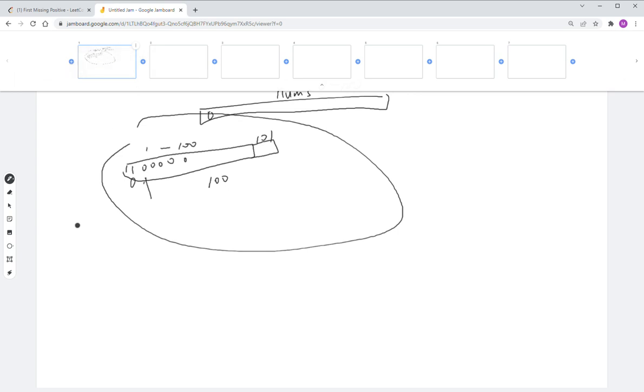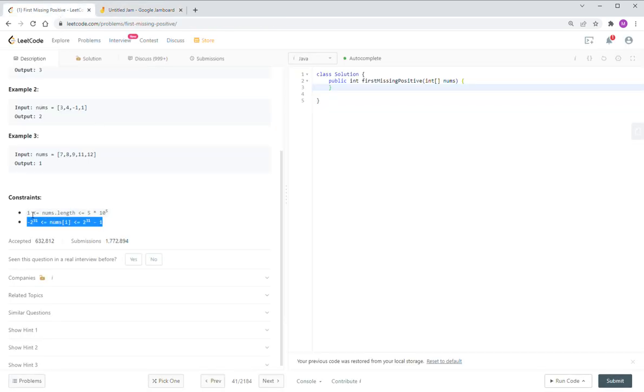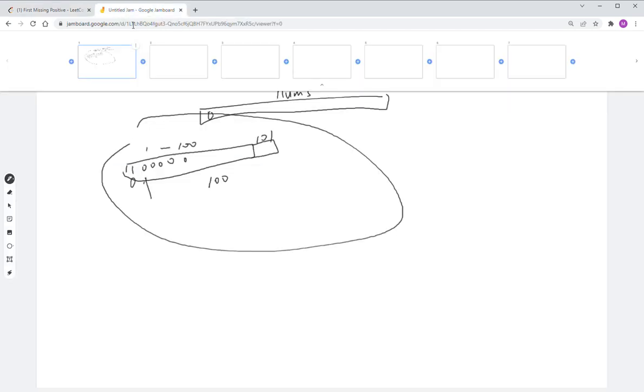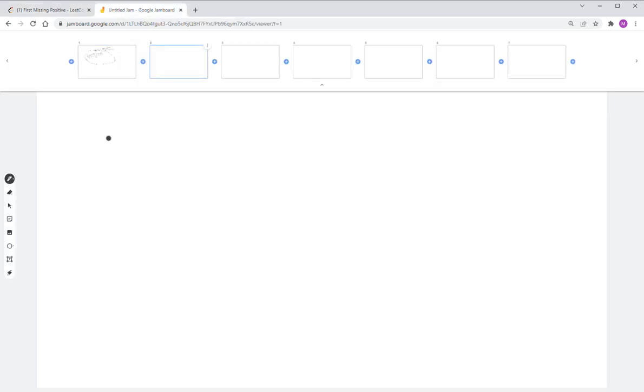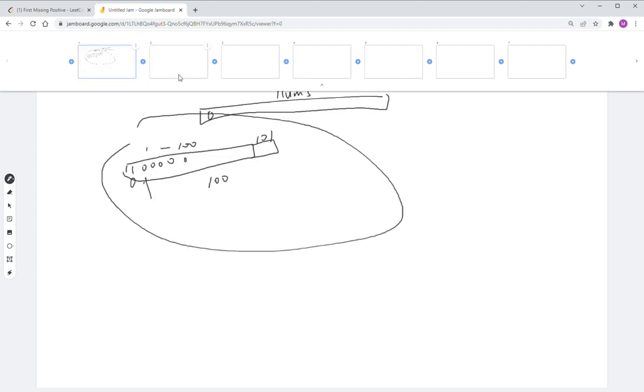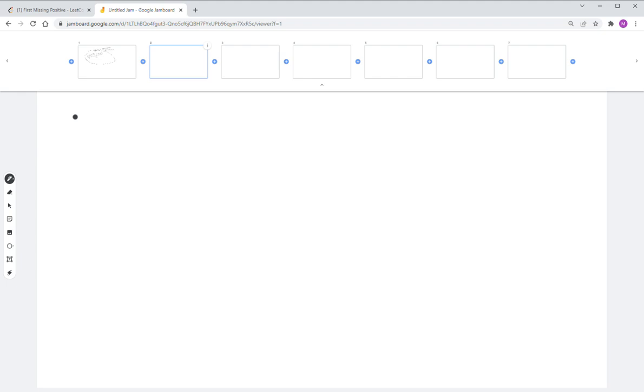The number size is up to, I think, 100K. If the length of the numbers is n,